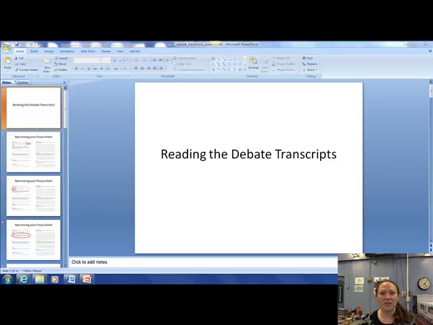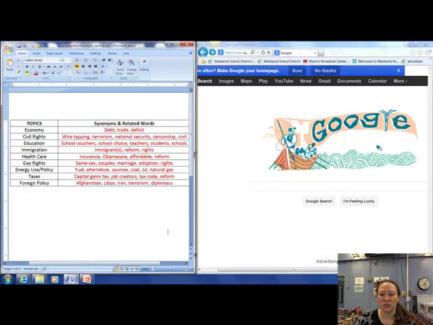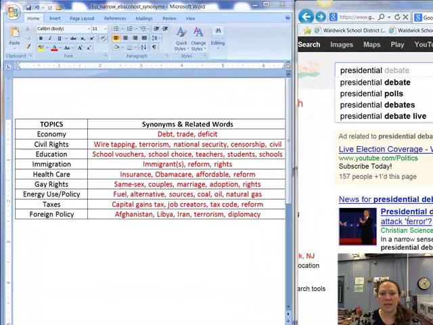And this stage is going to involve searching the debate transcripts to see if the presidential or vice presidential candidates made any references to the topic you've selected to research. And we're going to do that by first going to the internet. We're going to go to your all-time favorite search engine, Google, and we're going to type in presidential debate